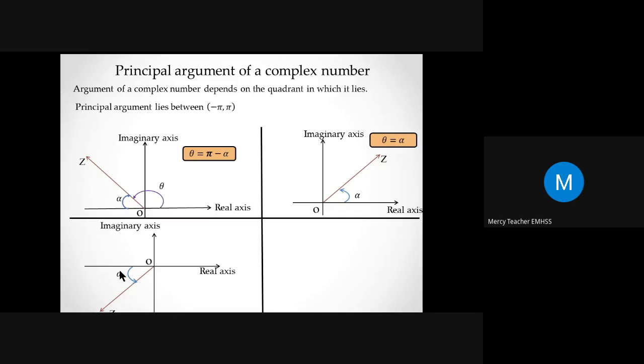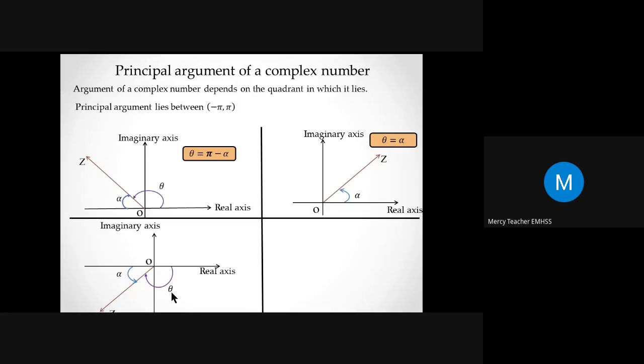Now we want to find the principal argument. So how will you mark the principal argument? From this real axis, it will go to this line. If you consider this case, what will you get? You will get pi plus alpha, and that pi plus alpha will not lie in this range, minus pi to pi. Therefore, what we are doing here is